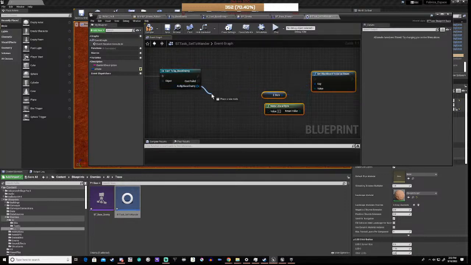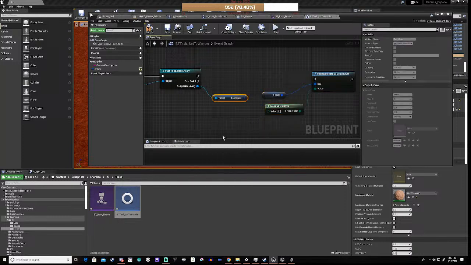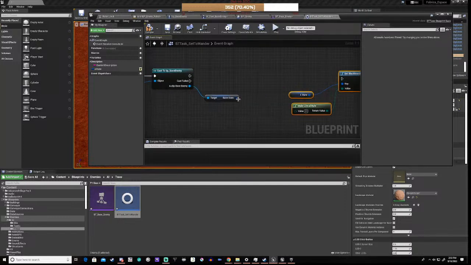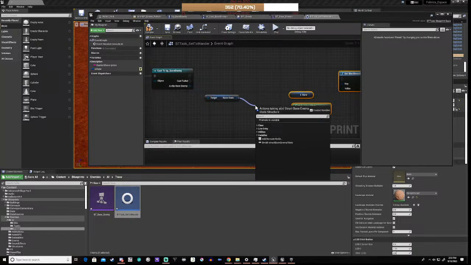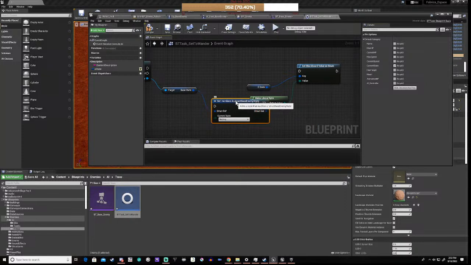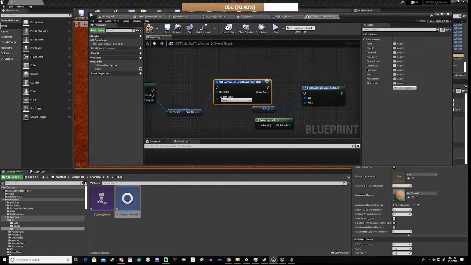Right, and we're going to say get base stats, and we're going to set members in there. We're going to say current state, and we're going to set it to wandering. Okay,